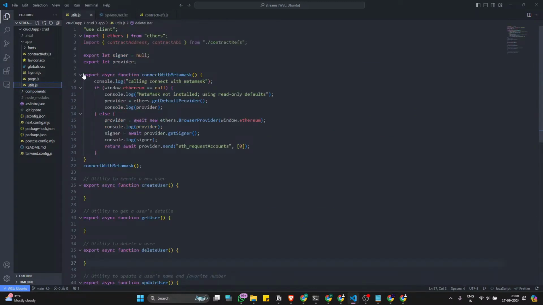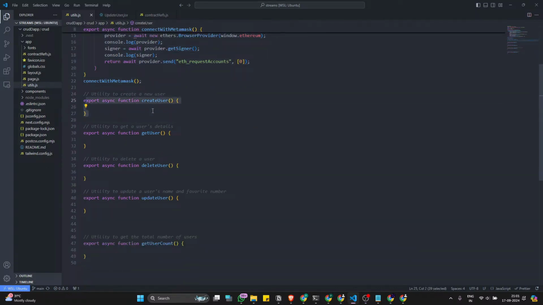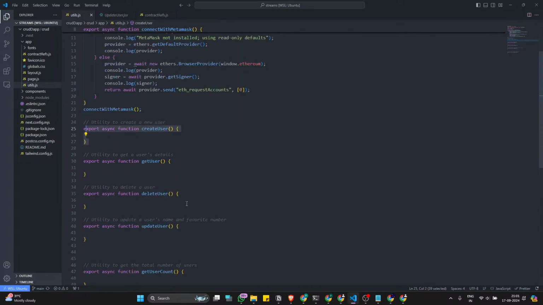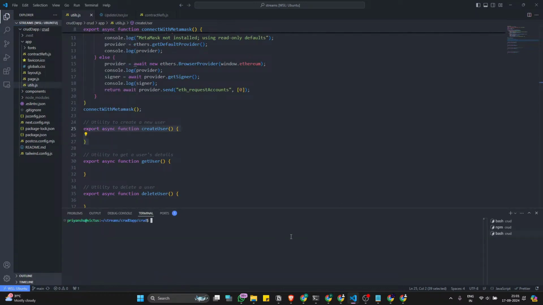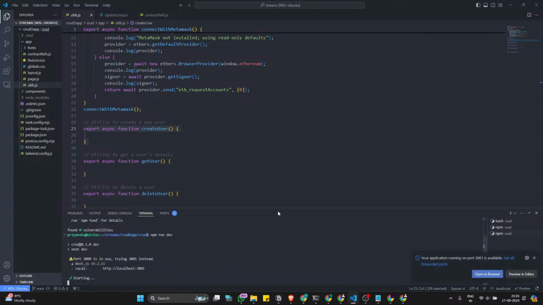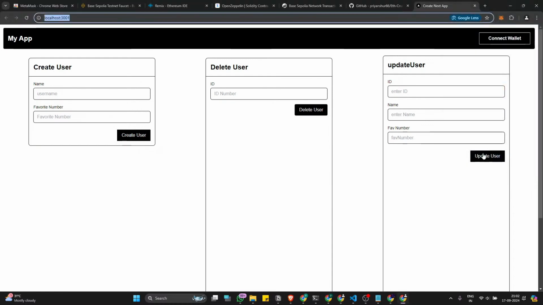In the utils file, you will see all of the smart contract interaction code. This is the code for connecting our front end with MetaMask, and the functions are defined here for creating user and all the various functions. I will just install all the dependencies and start the development server. So this is a Next.js application. To run it, you have to enter npm run dev. Okay, so our application server has started